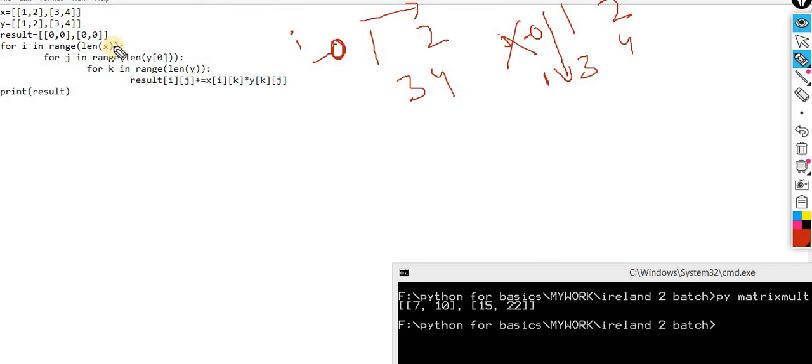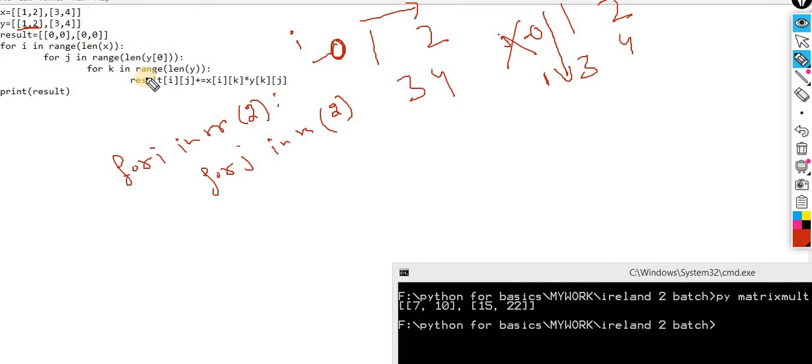So how is it executing? For i in range of len of x, len of x is 2. After that, for j in range of len of y0, that is again 2.